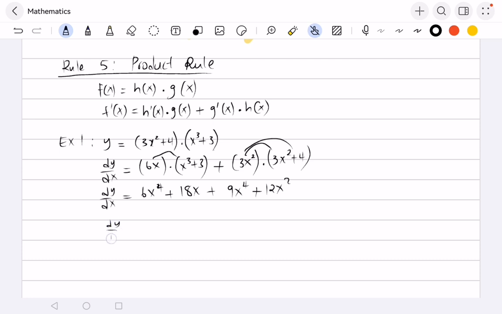Then dy over dx, you look for like terms. Obviously, these two are like terms. So you're gonna say 6 plus 9, that gives us 15x to the 4, right? Plus 18x plus 12x squared, and this will be your final answer, right? So it's very, very